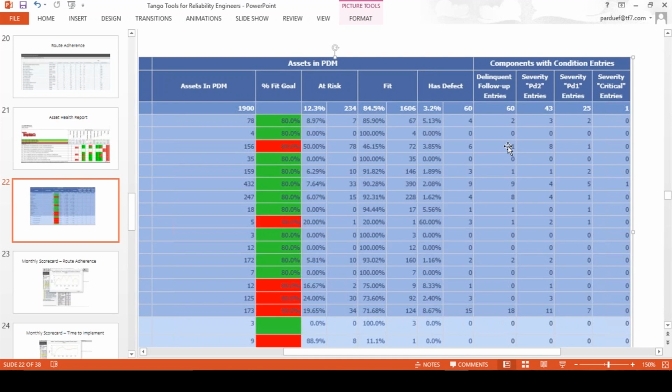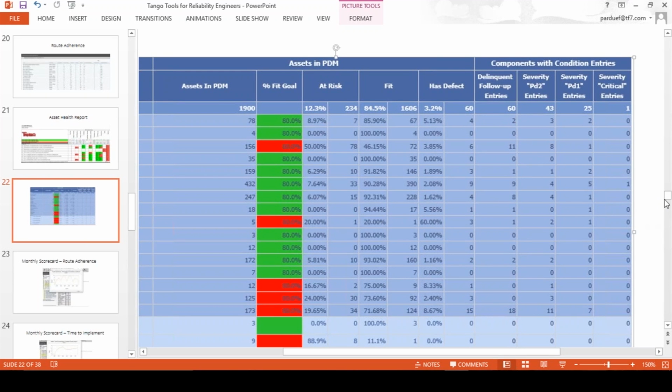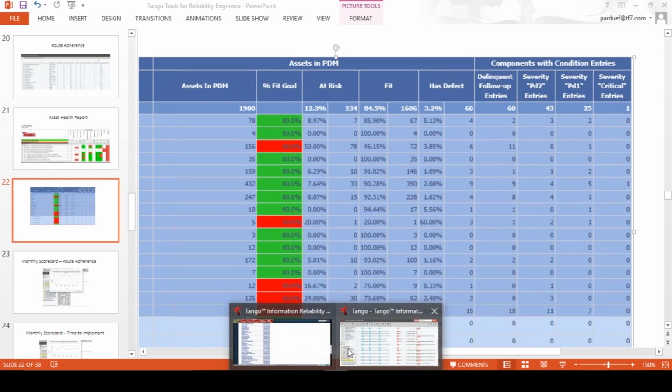But you can set that up to say how many are over a certain date range, or over a certain aging. Since they've got 60 and 60, I'm guessing that hadn't been set up, and so there's no aging there at all. So anyway, this is called the Asset Fitness Report. And again, if you want to get to that in Tango,